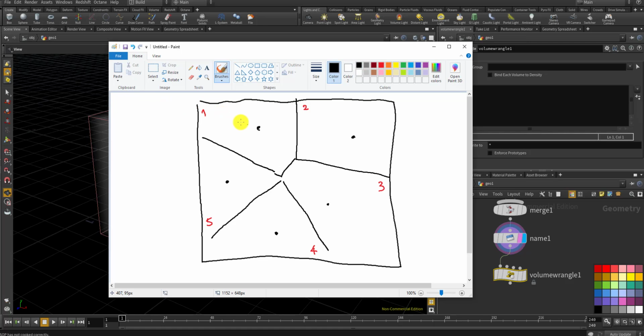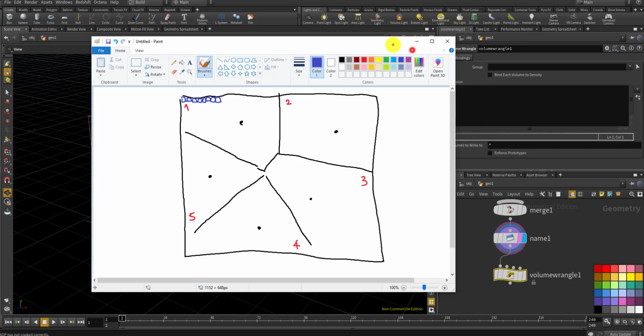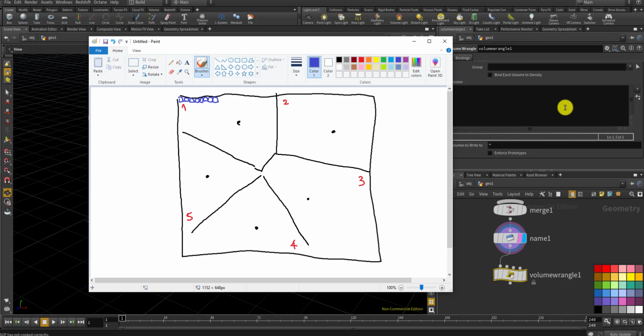So by using volume wrangle, you look at each voxel points on the calculations. So the function that you're gonna write here on the volume wrangle works on each points on the volume. And what you need to do is that from this point, for example, if you are looking at this one,